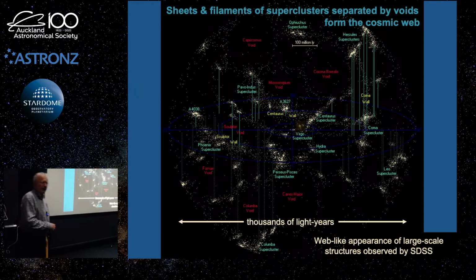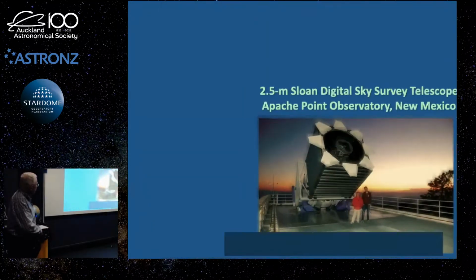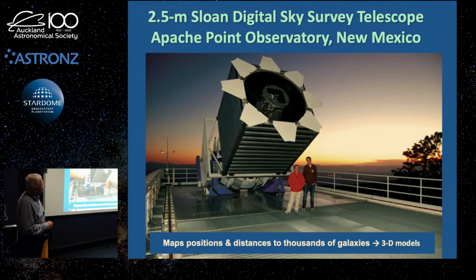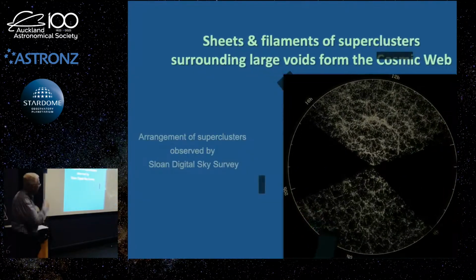How certain are they of this? Well, there's a telescope in New Mexico known as the Sloan Digital Sky Survey at Apache Point. It's this telescope here. It's a 2.6 meter telescope, and it's wide angled, and it's dedicated just to constantly scan the sky. And for every galaxy it sees, it maps the position and the distance to every galaxy, such that it can form a 3D map of all the galaxies and the galaxy clusters and the superclusters in the universe to create 3D models.